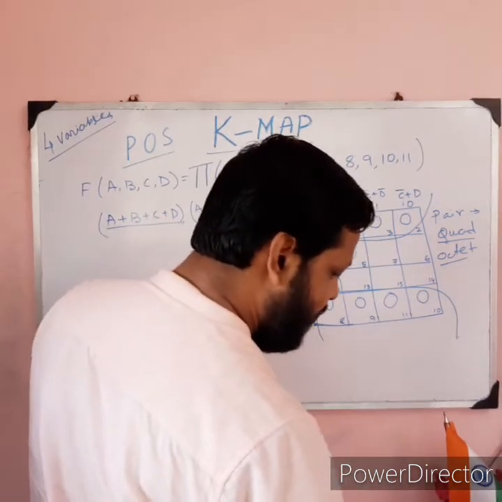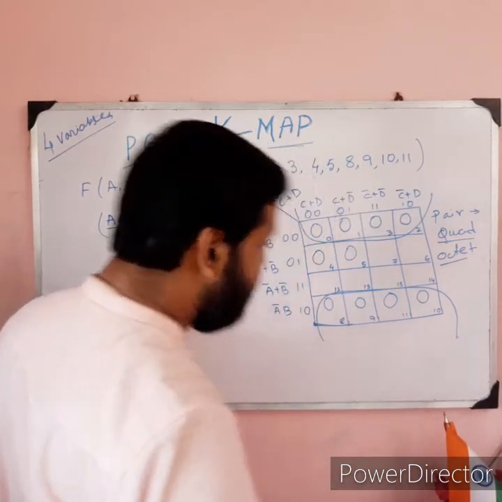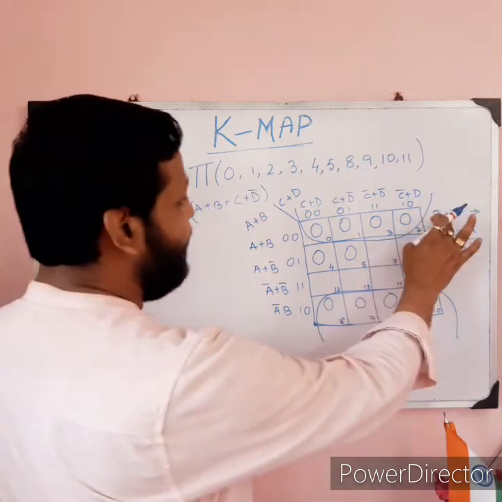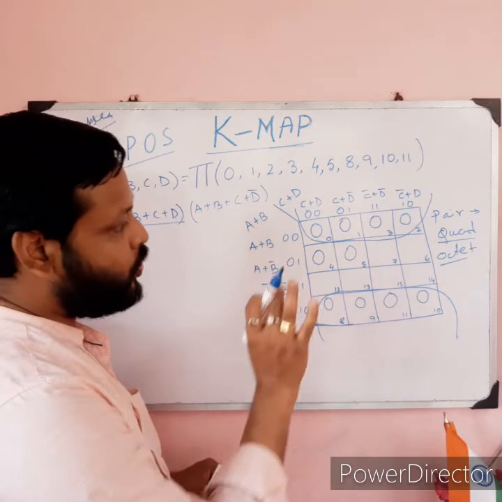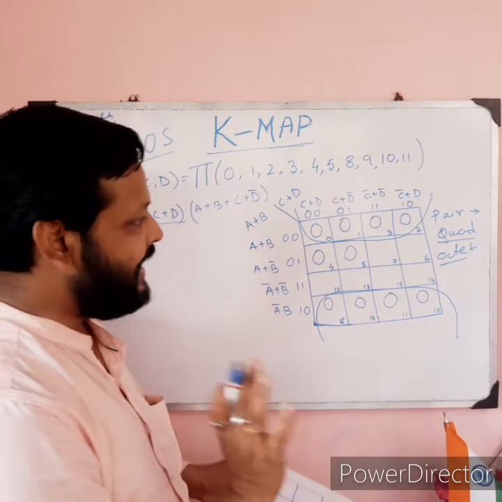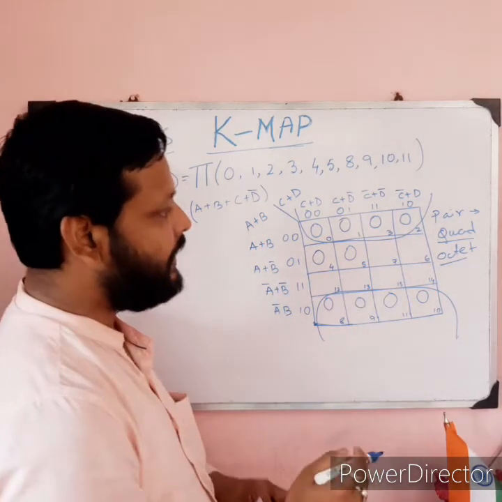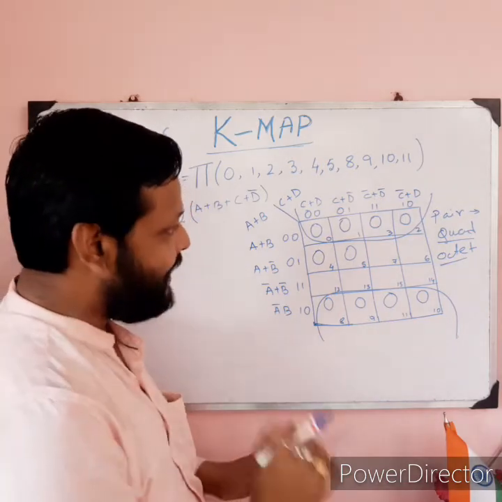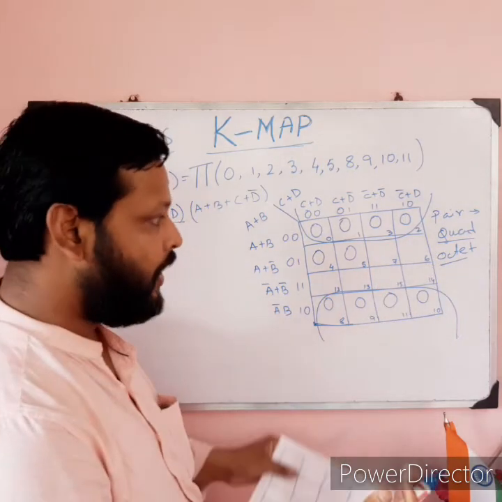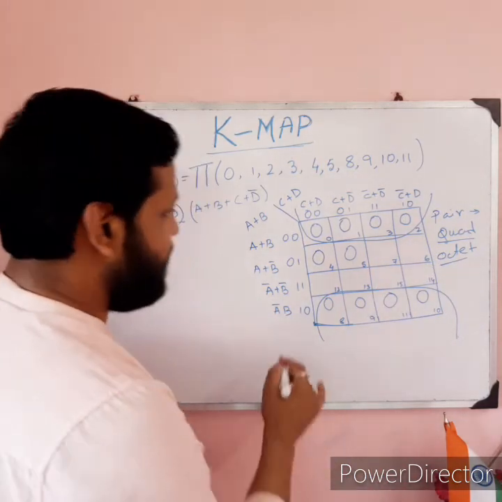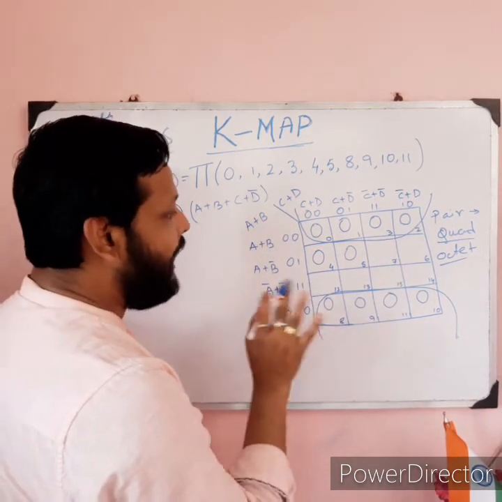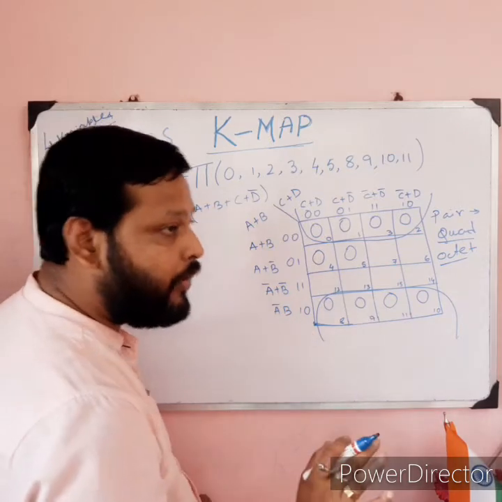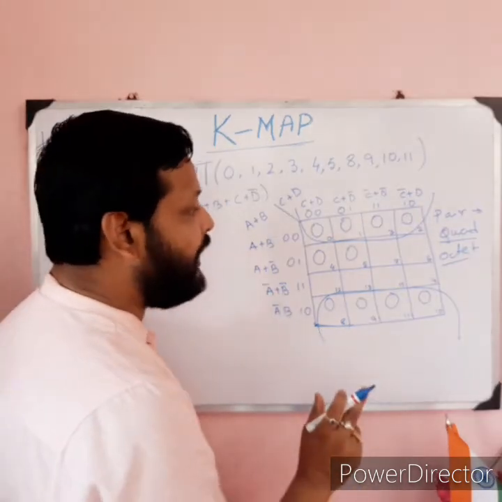Last time we told you that if I want to create one fold, all the ones come in the same positions. Quad means two-fold. We saw in the last video that if a quad is there, then 4 terms come in the same position. In case of an octet, all come in the same positions. So when we solve using K-map, one thing we need to avoid is the redundant. We'll go for redundant when we are able to create the higher group,